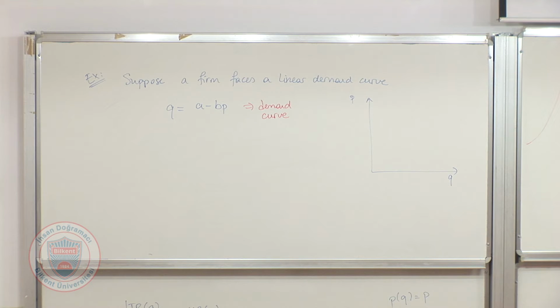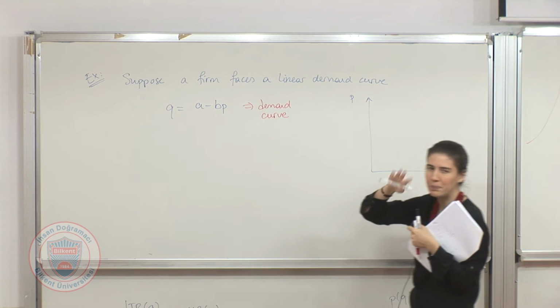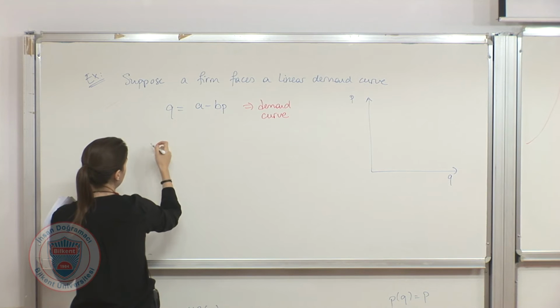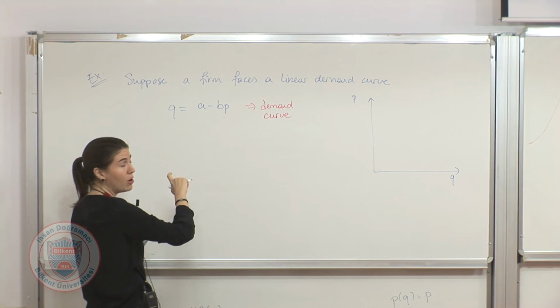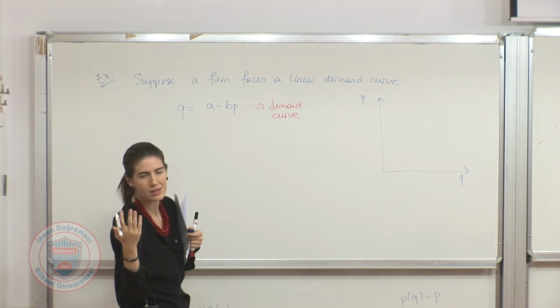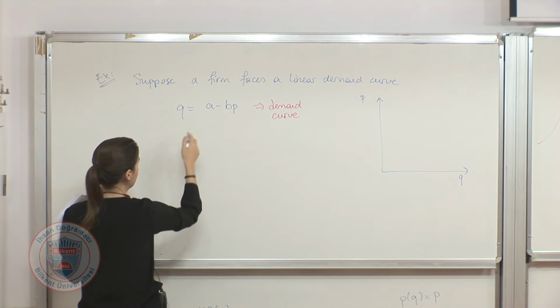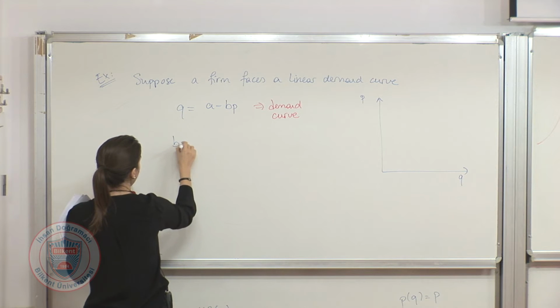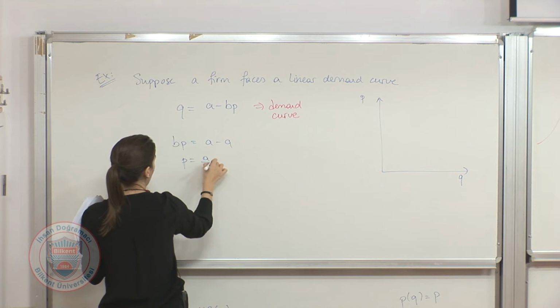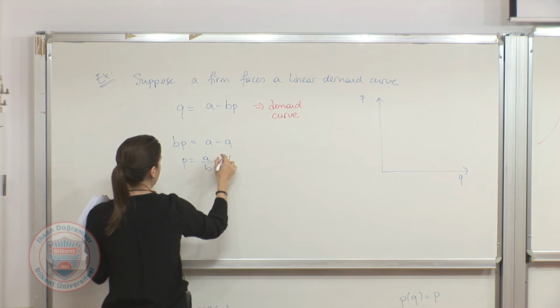So basically it's P equals something. If I want to draw it, I'm going to draw the inverse demand curve, because that's the tradition, remember we discussed. So basically BP equals A minus Q,